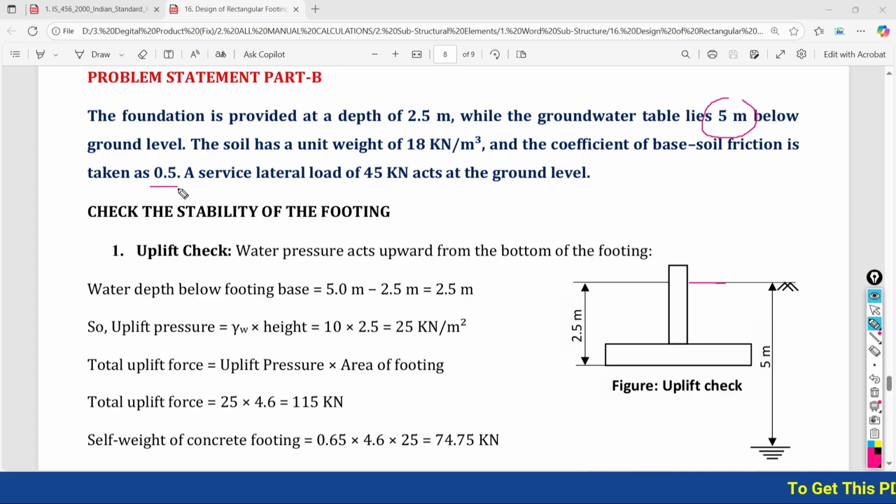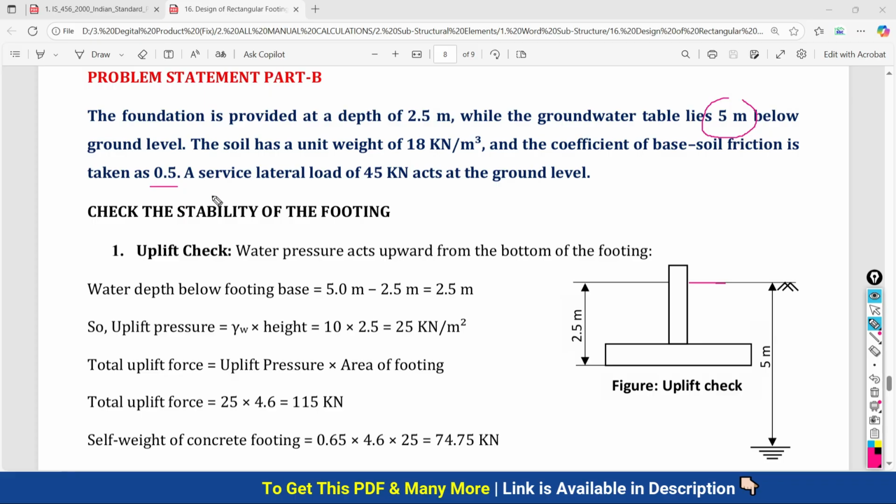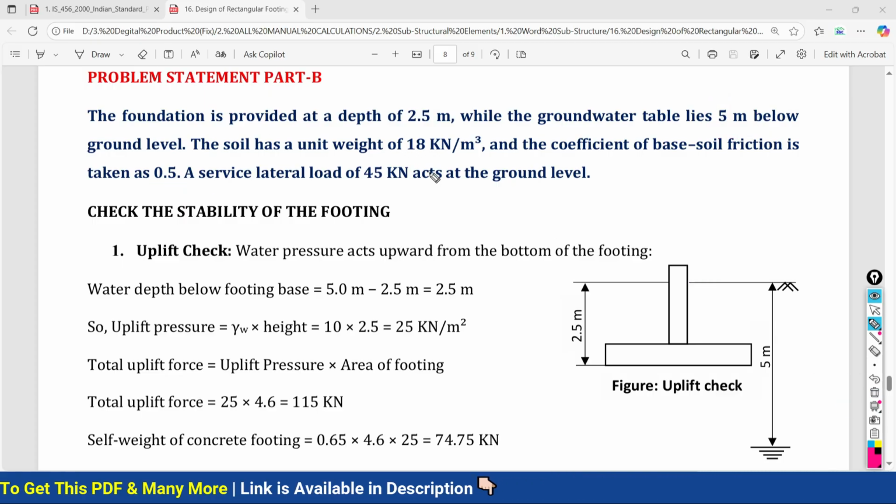We have to understand that. Actually we have to perform the stability checks. What do the stability checks mean? Under all of these circumstances, whether your foundation will be safe or not, due to uplift, due to sliding, due to overturning, under all of these situations, whether your footing is safe or not,